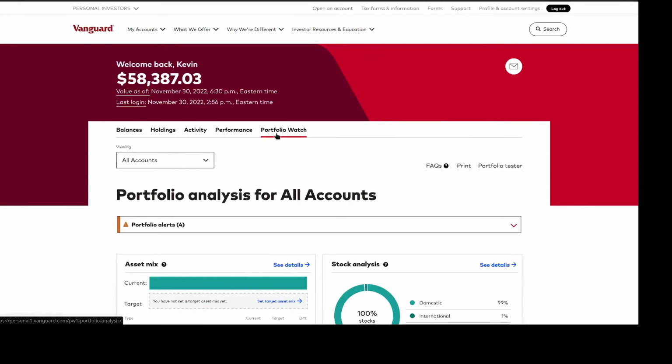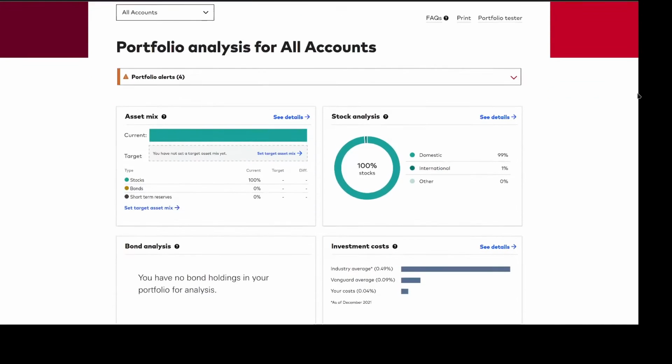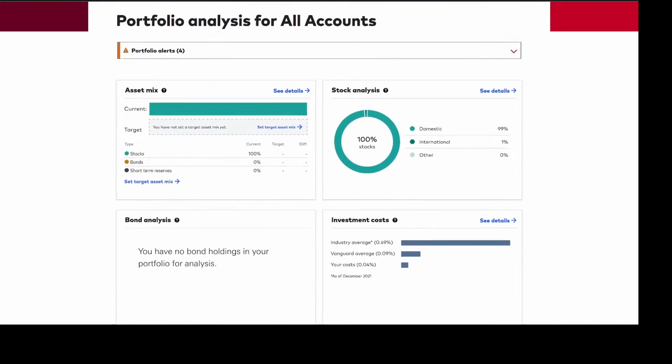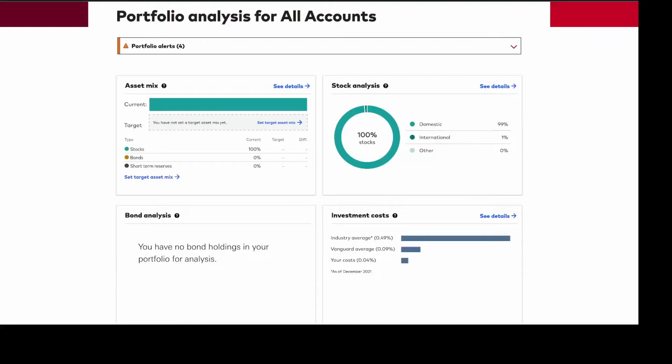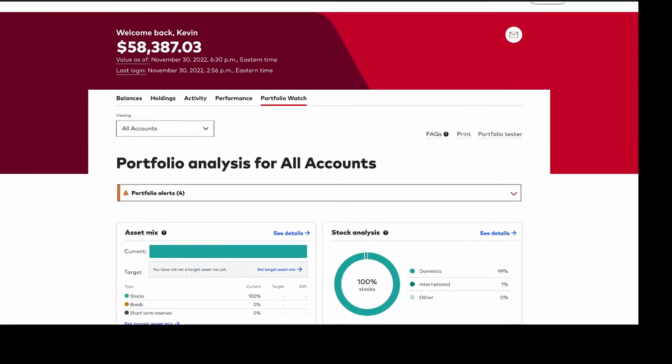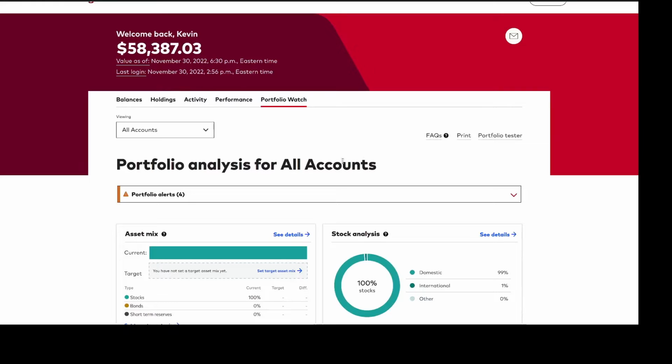So, here's the most advanced thing I've seen so far. They have a portfolio. It shows how much you have in, I guess, domestic versus international. And if you have bonds, it would show that here. One thing that I want to show you is the features that Vanguard has,